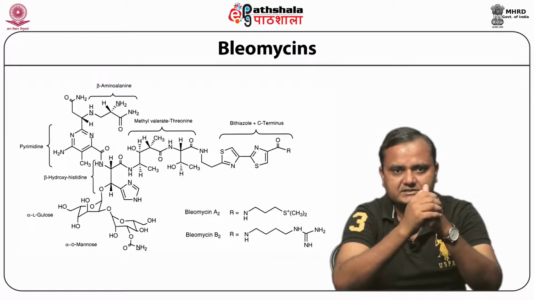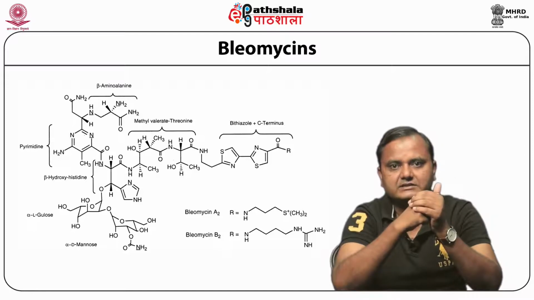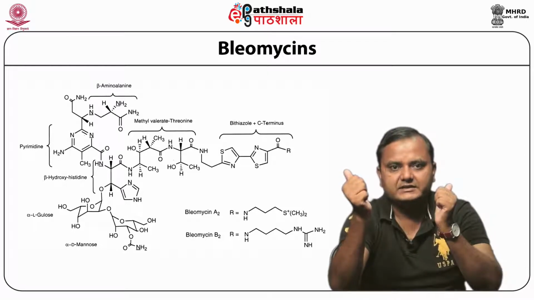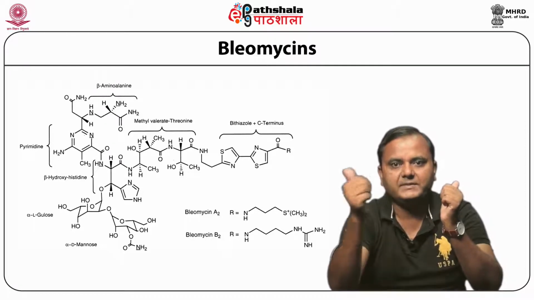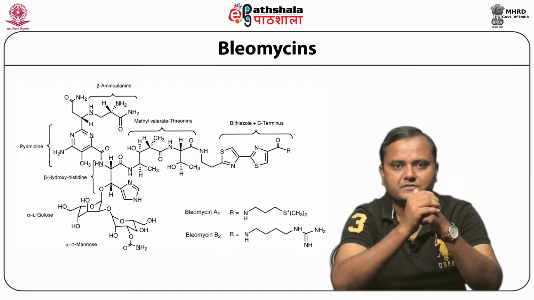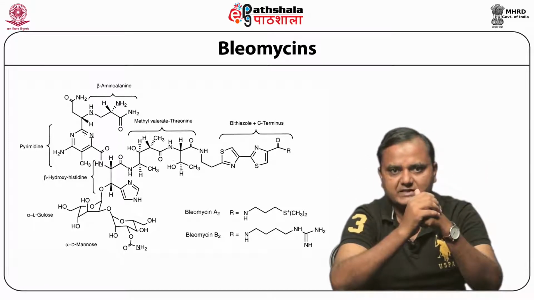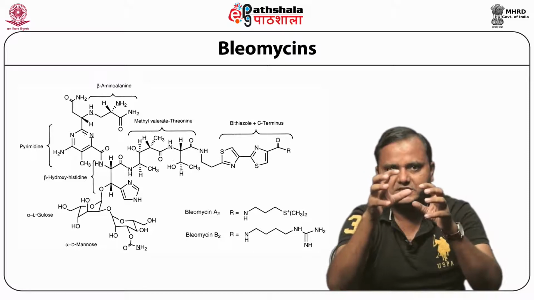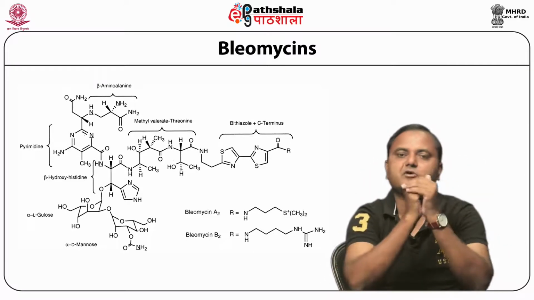It mediates DNA strand scission, single and double stranded breaks, depending on the metal ion and oxygen. You can see here the structure of bleomycin, which has different structural components involved in different kinds